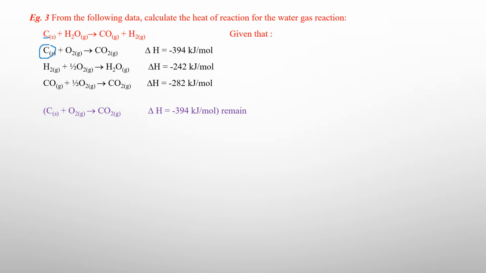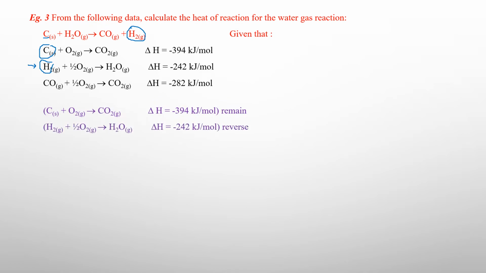Now let's look at the second equation. What are we going to do here? So the second equation contains hydrogen. We can either look for hydrogen, or we can check for water, because both of these are common in the equation above. So hydrogen is 1 mole and 1 mole of hydrogen is given here, but we want the hydrogen on the product side, and here the hydrogen is on the reactant side. So we are going to reverse the second equation.